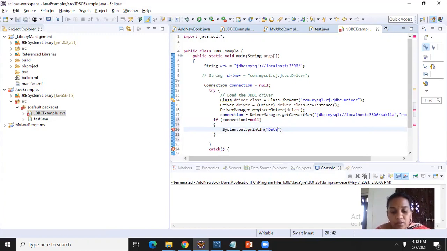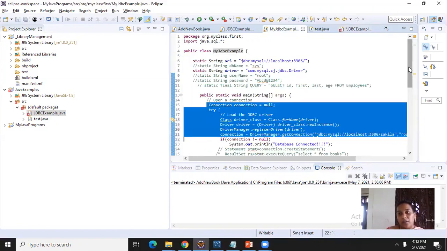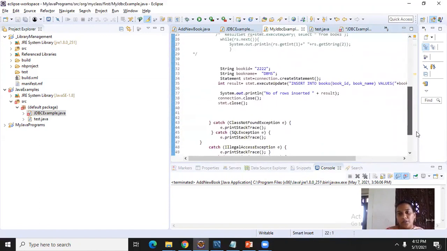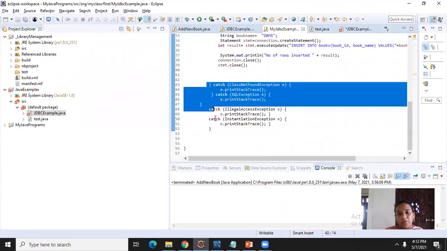So here, if I wrote everything correct and it's a successful attempt, this database is connected. This is the piece of code to register the class, and if it is successfully done, this one. If the driver class is not registered properly, or this URL is not found, otherwise if we don't have the access connections, I have to raise exceptions. Exception is a different topic. That is all in the topic we see how to raise the exceptions and what are the exception handling mechanisms.